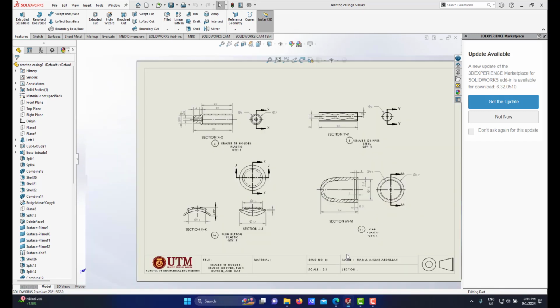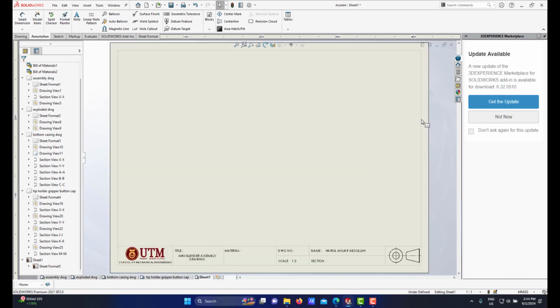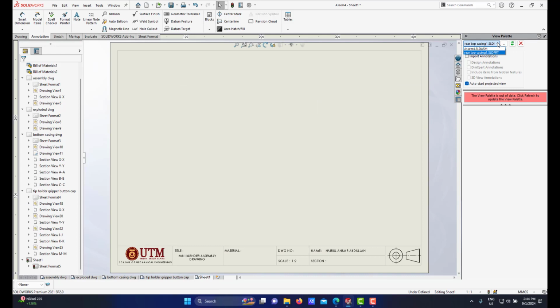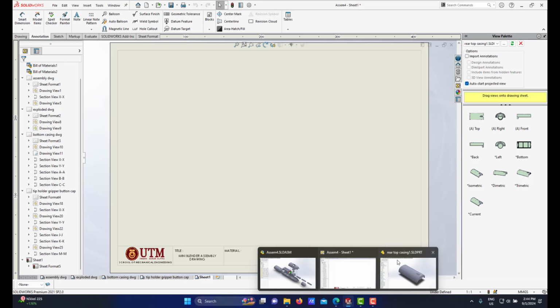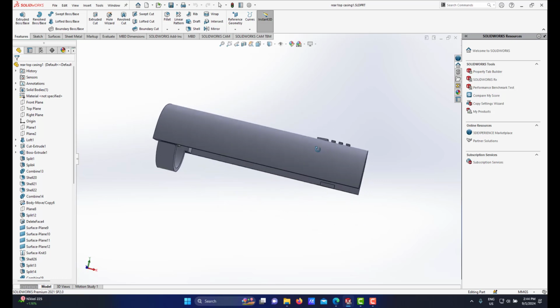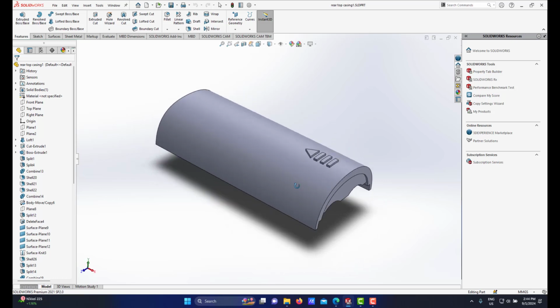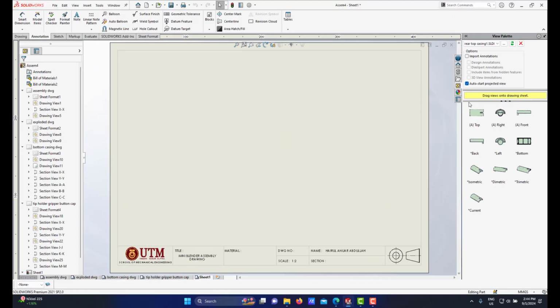Right, so in the drawing for this rear top casing, I will add another new sheet for this drawing and the view palette. So here we have the rear top casing. For the detail drawing, when we look at the shape of this rear top casing, I will go for the top view. So under the view palette, I will select the top view. I will drag it here,